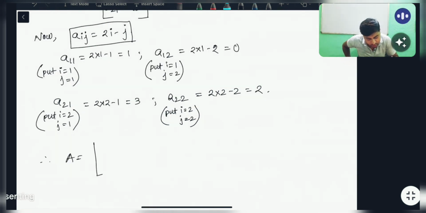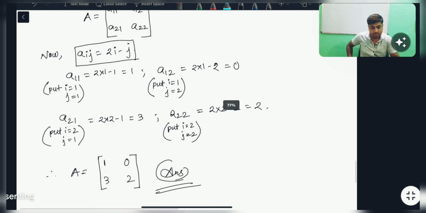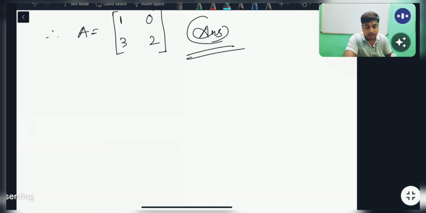Therefore the matrix A becomes, put the respective values at the respective place। a11 means 1, a12 means 0, a21 is 3, a22 is 2। That is the actual matrix you are getting, that is the answer। একটা এক্সাম্পল আপনি এটার রেসপেক্টে নিয়ে নিন।